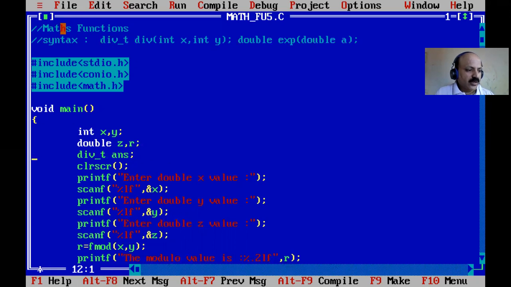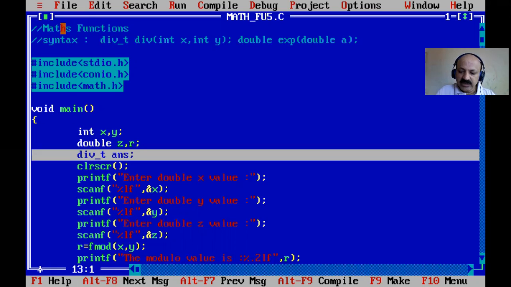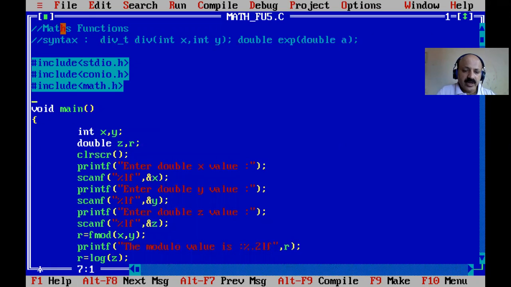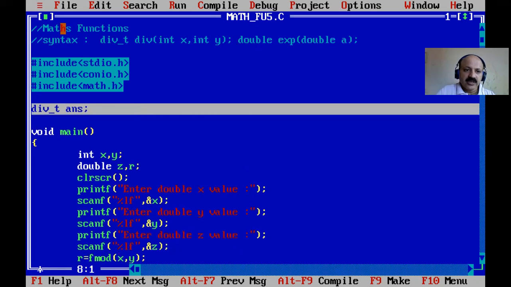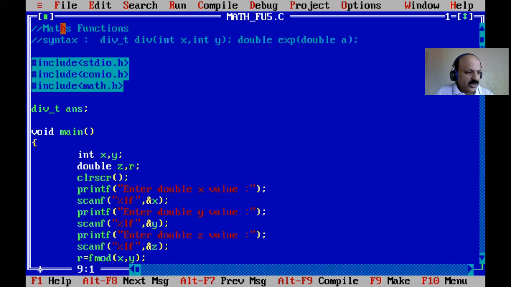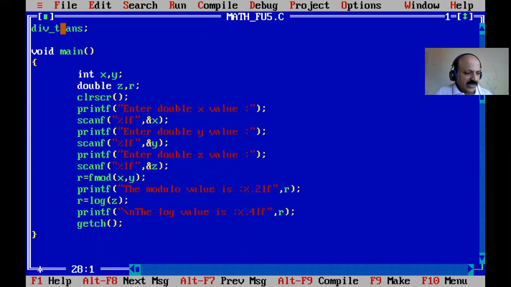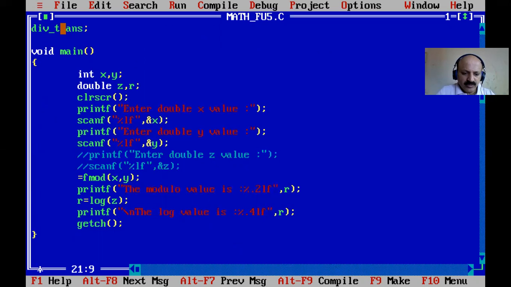Here we have to declare it above the main, in between, that is the rule. So div, yes, and answer is there, and then x, y I can scan. First we can use only one function in this, very important.